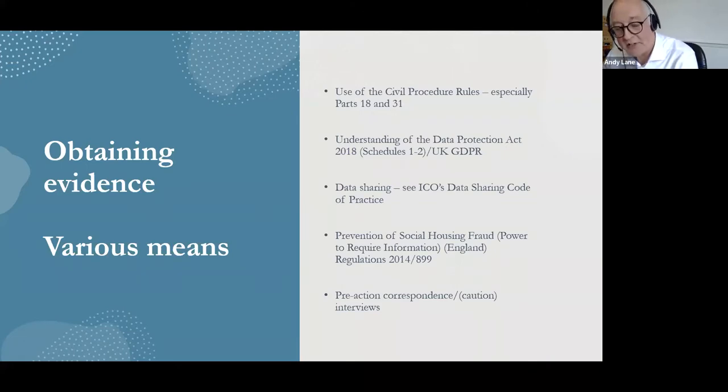Of more interest is 31.17, which is a disclosure against a person who is not a party. Now, again, the courts don't encourage that as a general fishing expedition. They need to know that it's going to support your case or adversely affect the other party's case. And what they say in the rule is it's necessary in order to dispose fairly of the claim or to save costs. Now, just to give you one example that my colleague Ryan had recently in a fraud